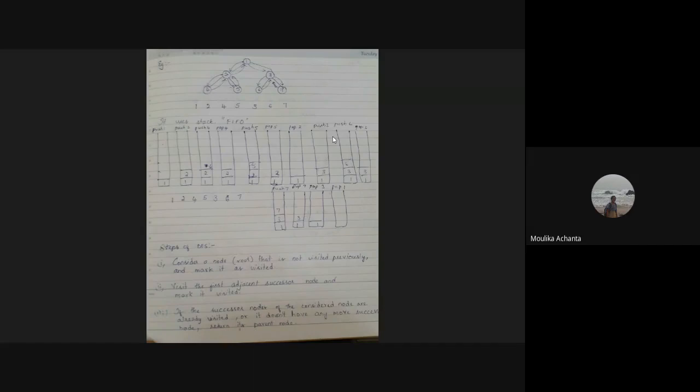We'll see how it will be implemented using a stack. First it will push 1, and 1 is written in the array. As it traverses 1, 1 is printed in the array, and from 1 we go to 2. Whatever element we push onto the stack will be printed in the array. From 2 it is going to 4, so we'll push 4 into the stack and print in the array 1, 2, 4.